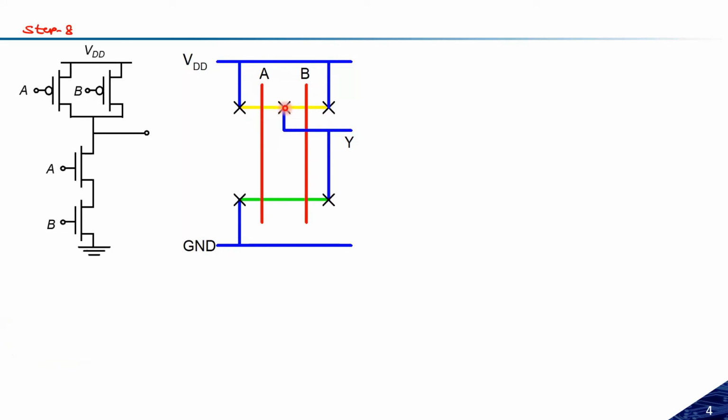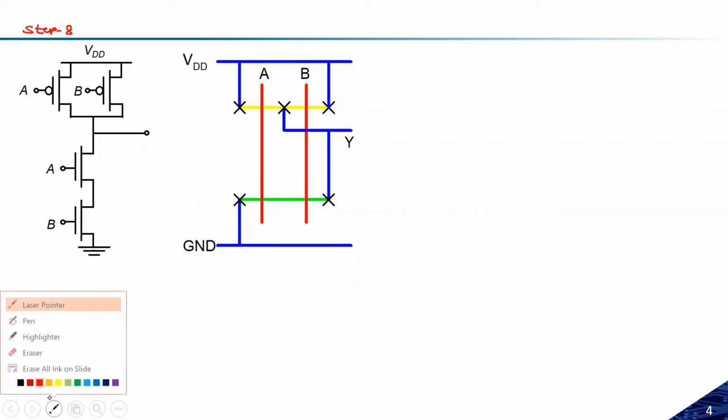And because this is common in both cases, the same diffusion can be shared, and we connect it something like this, and one terminal will be connected to the VDD here. If you talk about A and B, both are in series, so we have the diffusion over here. One terminal is connected to the output, and another is connected to ground, and here we are taking the output. So this is one of the ways to design the stick diagram.